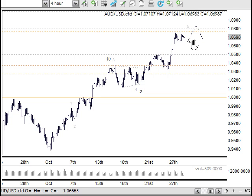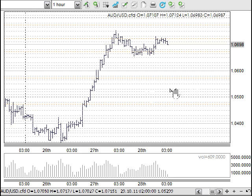The other thing is pretty much arriving at the 108 and then being sold off in an ABC correction. So we've got the arrival, the reaction, checking back for support, and then moving further back up. But eventually, in the longer term, finding this as support would be the key for a nice, safe journey to the upside. In terms of playing this out through here, I might even look at